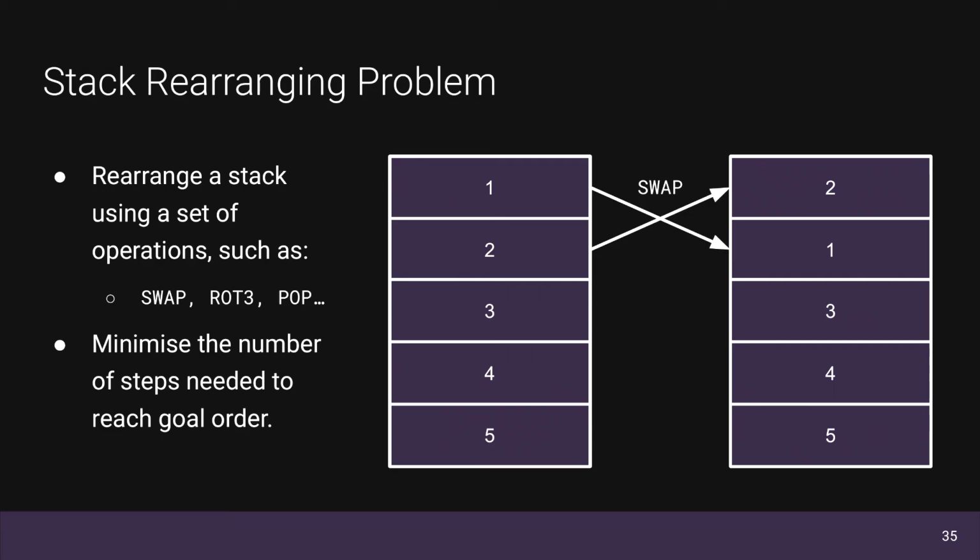I.e., we can swap the top 2 items in the stack, or we can rotate the top 3 items, or we can pop an item off the stack, i.e., we can get rid of one of the blocks from the top of the stack, and then we can't get that back, and so on. We may even start having a separate set of variables or whatever that we can store these in. It can be very complicated, but in its simplest form, we're just trying to rearrange the stack using a set